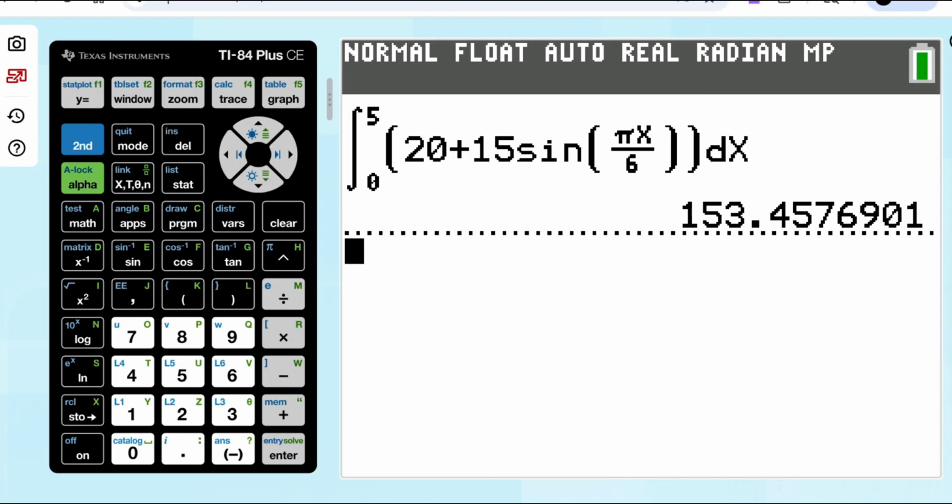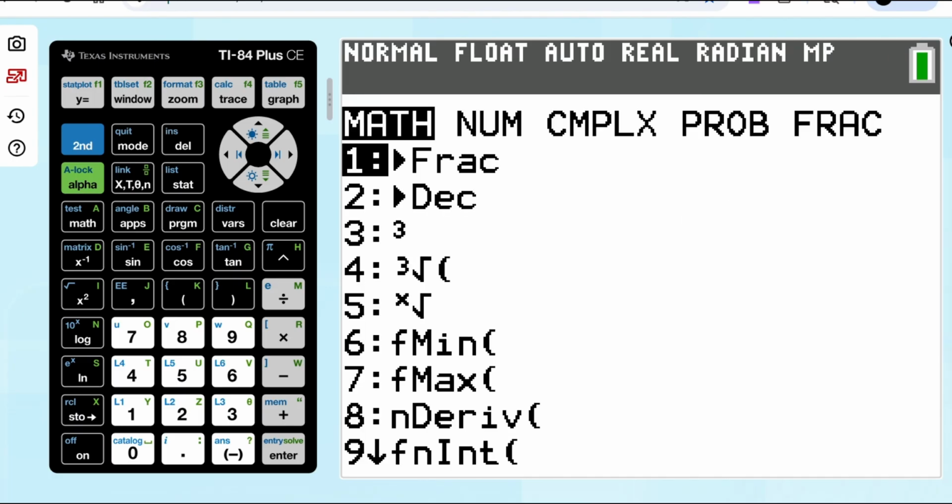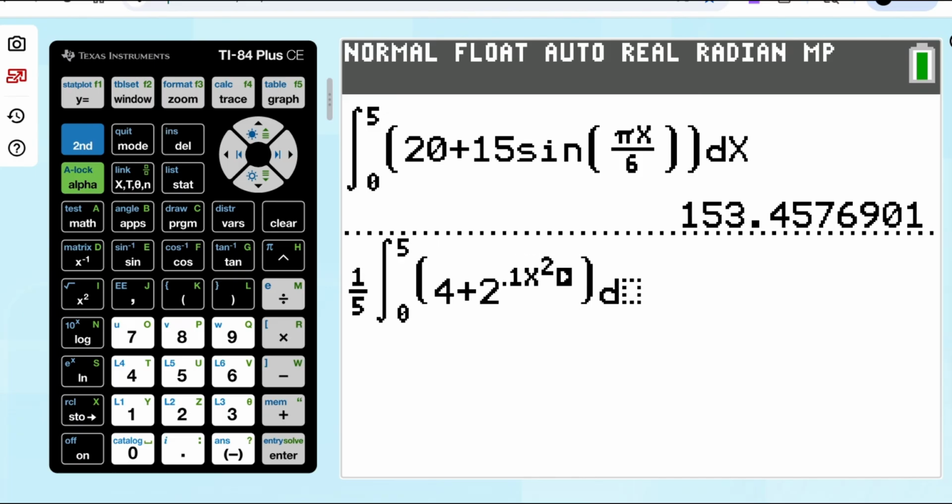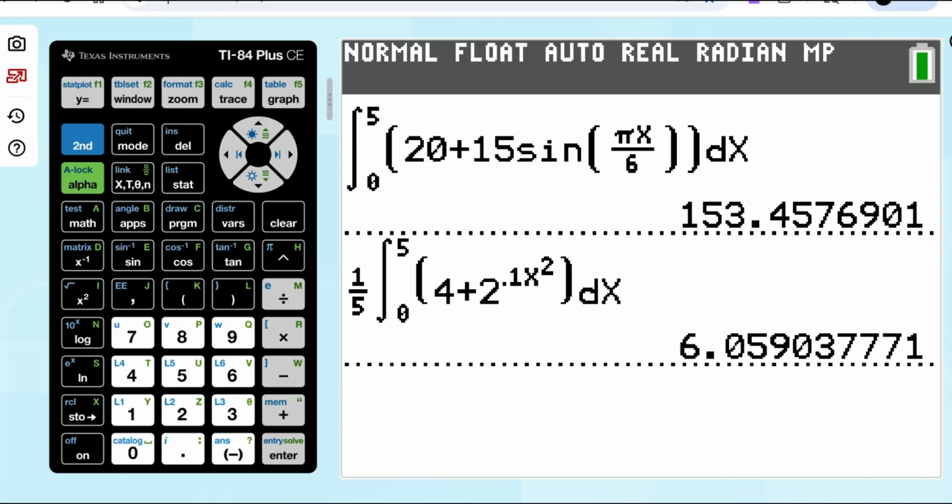And so we'll just go into our graphing calculator and we'll do that. We'll put a 1/5 out in the front, 1 over 5 minus 0. We'll hit math. We'll go down to option number 9 again. We're going to integrate from 0 to 5. And our function this time is the L of t function, which was 4 plus 2 to the power of 0.1 t squared. We'll use x since that's what we're using here for our problem. And we'll put our dx out at the end, and we'll get